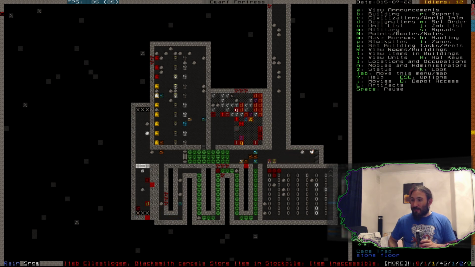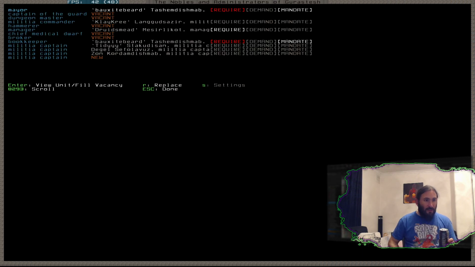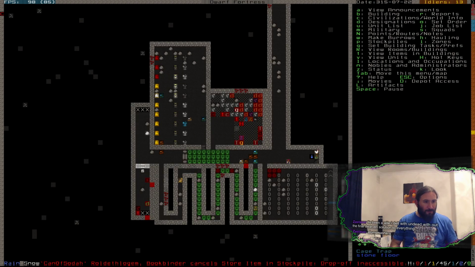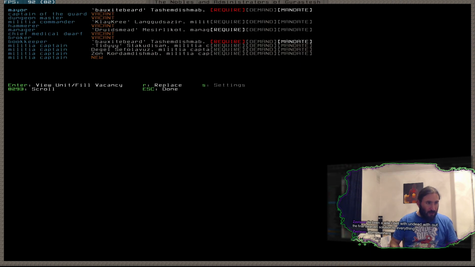Randex, the atom smashing of a random noble. Oh my goodness. I mean, we only have useful nobles at the moment, don't we? Bookkeeper. What does the bookkeeper mean? Office and quarters. Dining room, chests, cabinets. Alright, okay. There's some work to be done. But I don't think we have any...